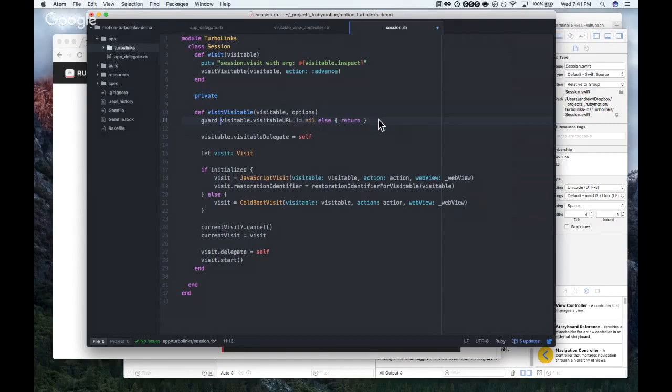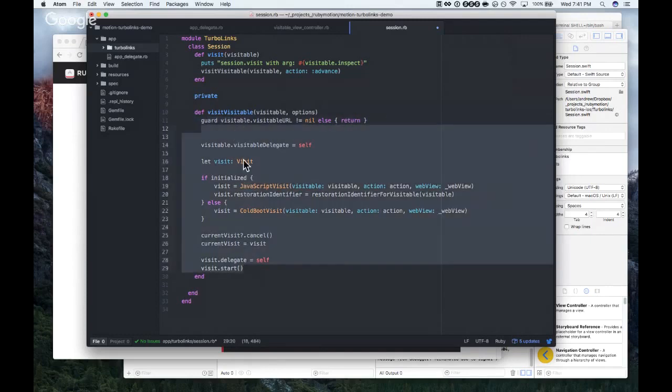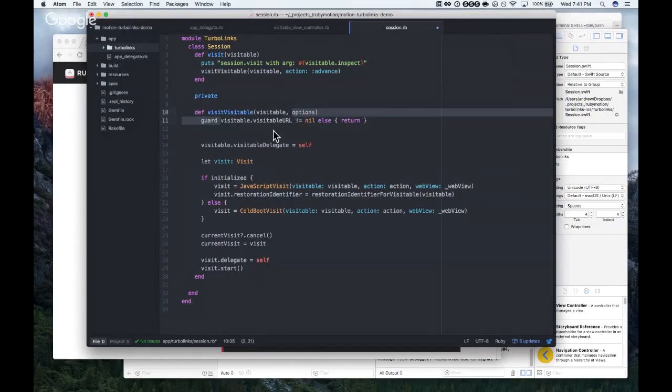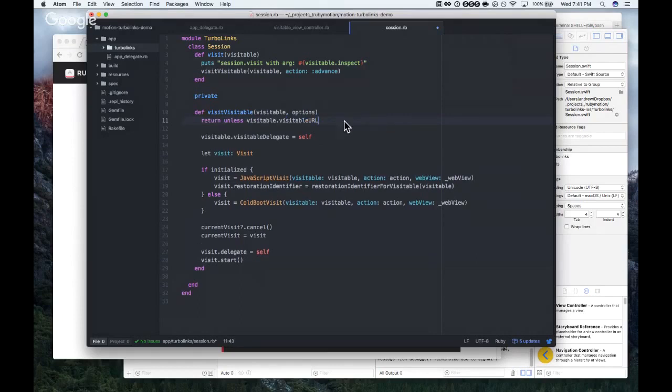Yep, I think you're right. It's like setting a guard for this method to not execute anything else unless. Yeah, so essentially, that's an escape if the optional visitable URL, and I don't know that we have a visitable URL in visitable. Yeah, not yet. Yeah, better syntax. Sorry, thank you.